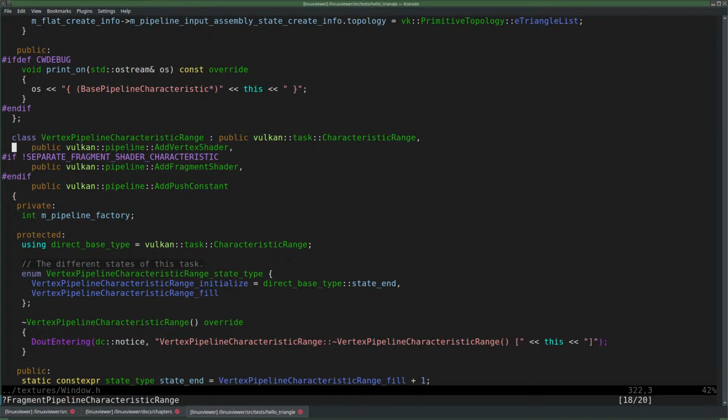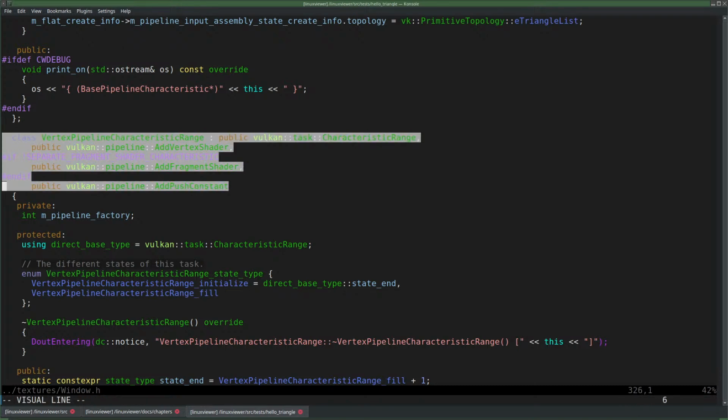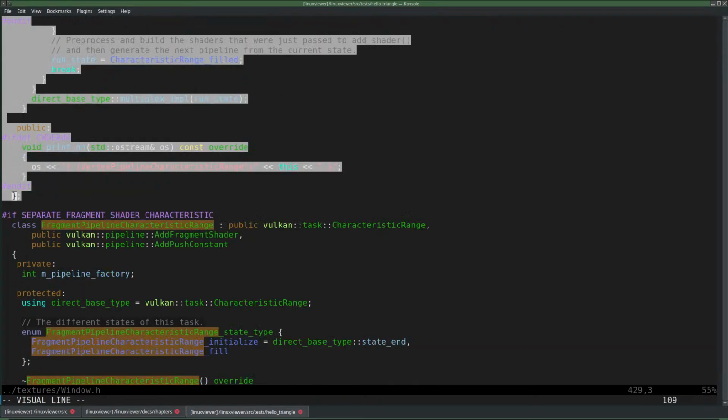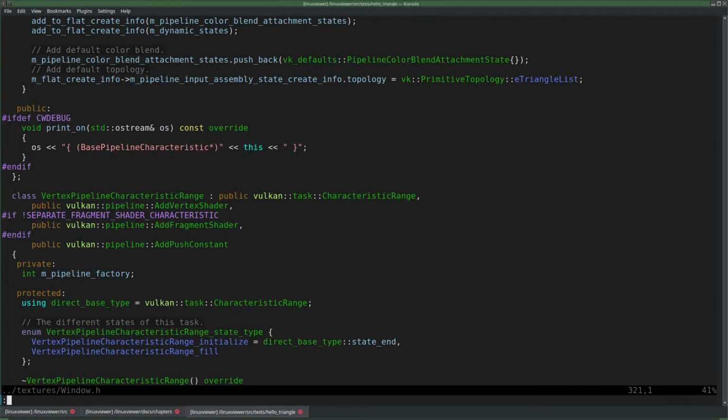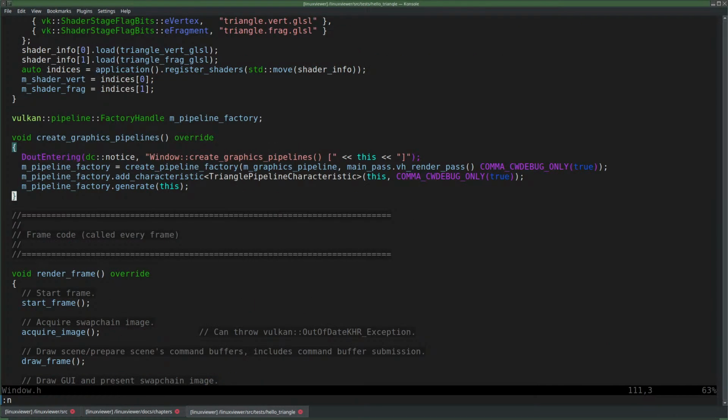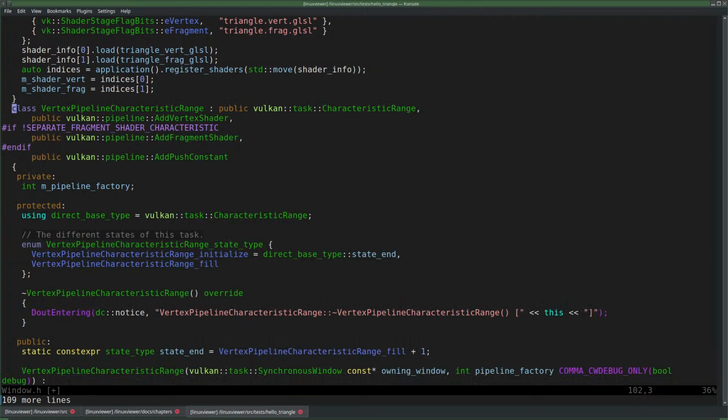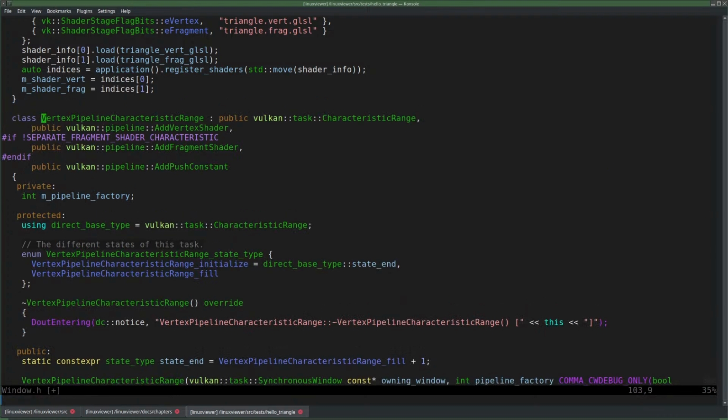A fragment shader and a vertex shader. No push constant. So I should copy this, and copy everything. Comes pretty close, I think. So we're going to put that here and then rename it to